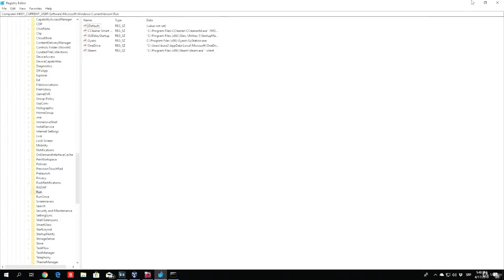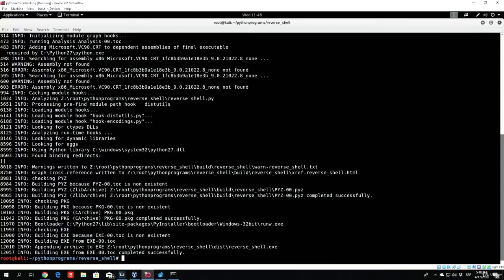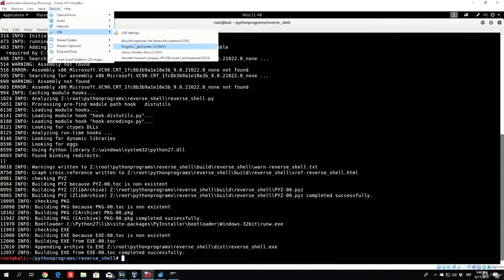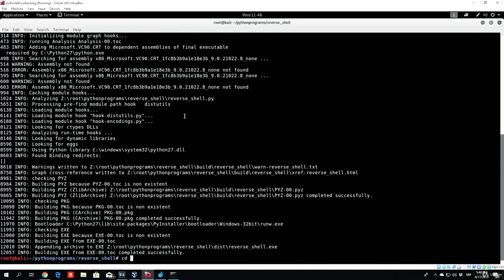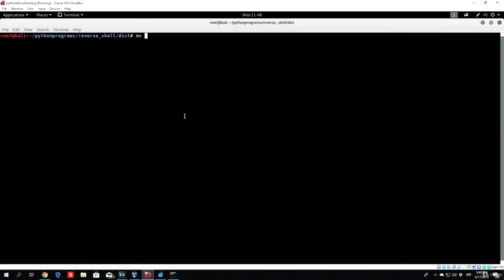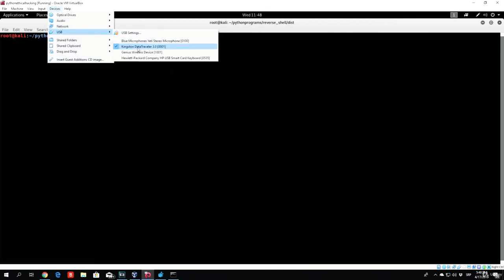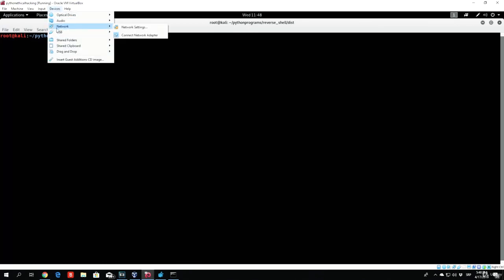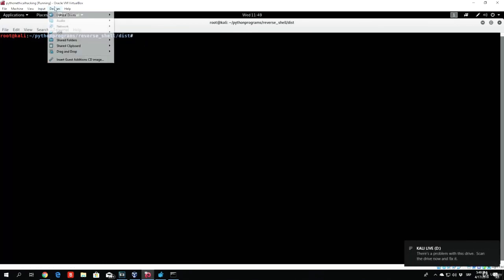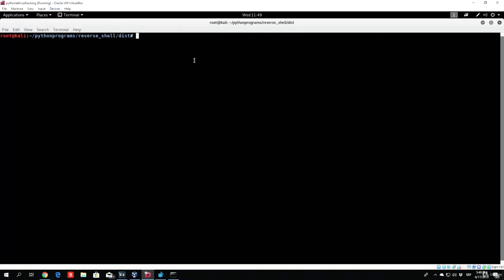So let's leave this open as well as this open, and let's unplug our USB drive in order to transfer the actual reverse shell. So let me go to this directory, move the reverse shell to media, root, and the actual USB drive. Let's see, why is it not plugged in yet? So USB, let's unplug it and plug it again. For some reason it won't plug in. Okay, so let's wait for it to plug in. There it is. Right now if we move the reverse shell to media, root, Kali live,